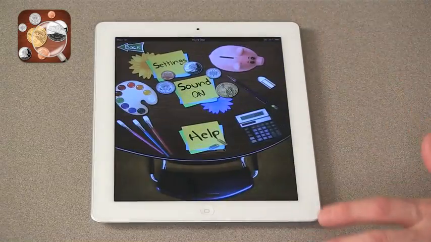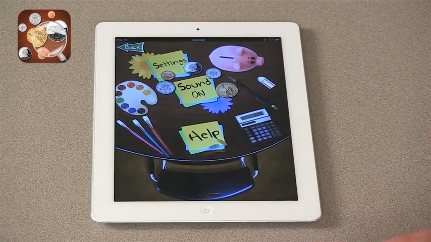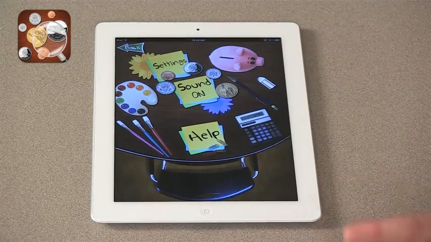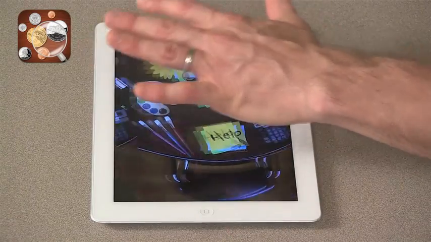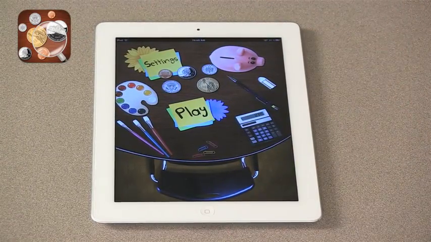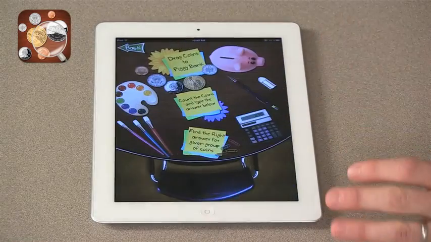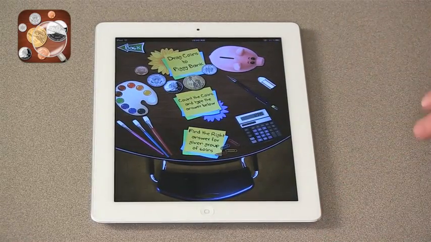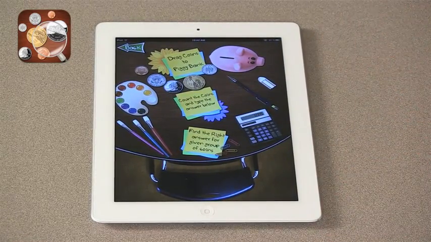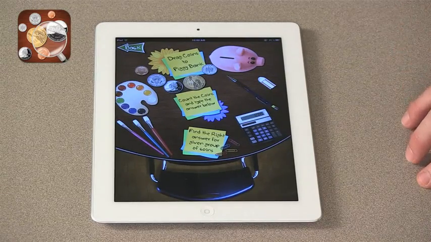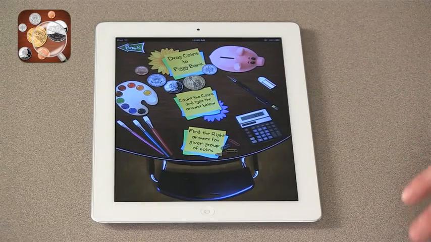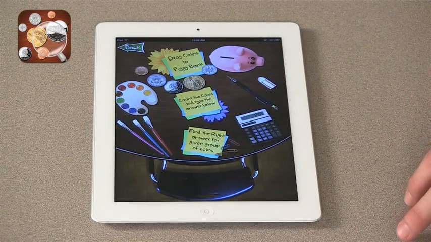Another app that I found that seems to work rather well is called Money Counting. And again, you can control the settings, but it really doesn't let you do much. You can turn the sound on and off, and you can get some help. There's no feedback to teacher, no help for parents, but kids can play with coins, and there are 3 basic games. There's dragging the coins to the piggy bank, counting the coins, and typing the answer, and finding the right